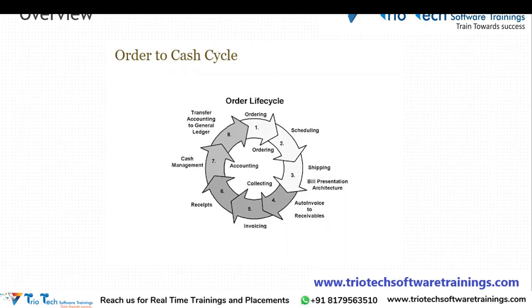Once the customer gets the particular shipment, along with all the shipment documents, the goods delivery note, as well as the invoices, all those activities happen. So in Oracle ERP, as soon as the shipping is done, an invoice generation activity happens for that. The order, the scheduling, and the shipment activity that you see here,